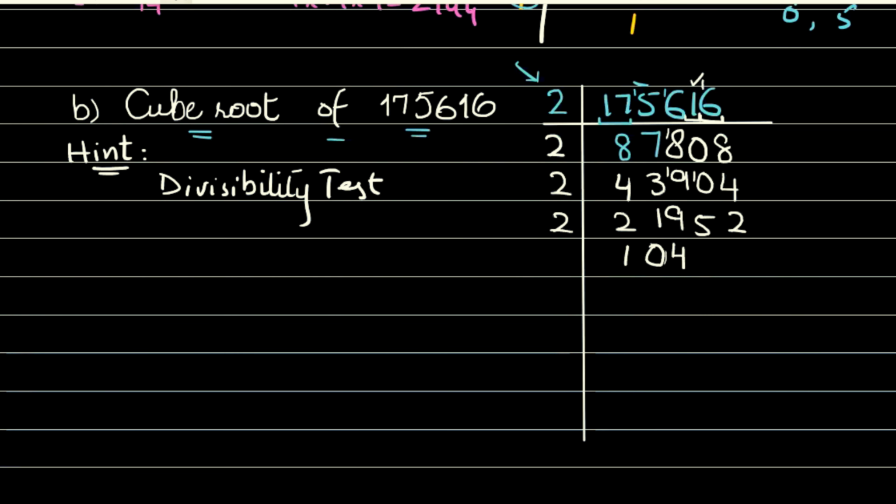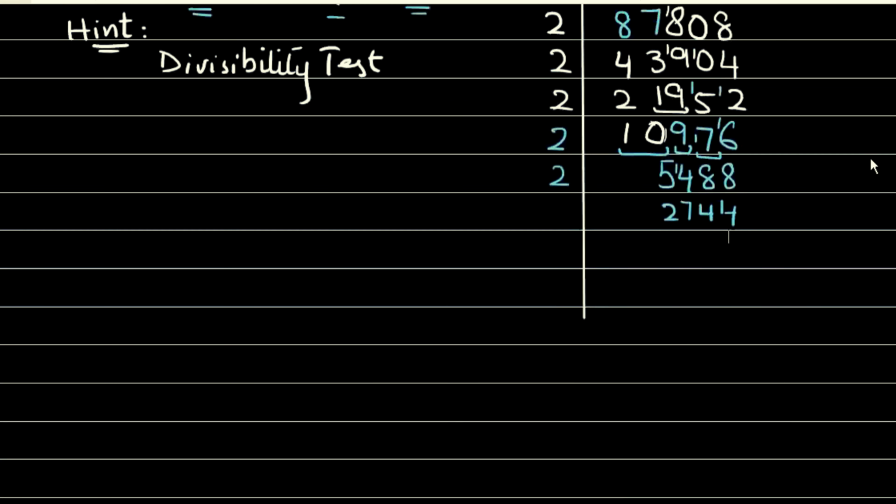Two zeros are 0. It becomes 19 now. All right. So two 9s are 18. I'll take the nearest number. Two 7s are 14. Two 6s are 12. All right. Again two 5s are 10. Two 4s are 8. Two 8s are 16. Again two 2s are 4. Two 7s are 14. Two 4s are 8. All right. Again two 1s are 2. Two 3s are 6. Two 7s are 14. Two 2s are 4. Again two 6s are 12. Two 8s are 16. Two 6s are 12.